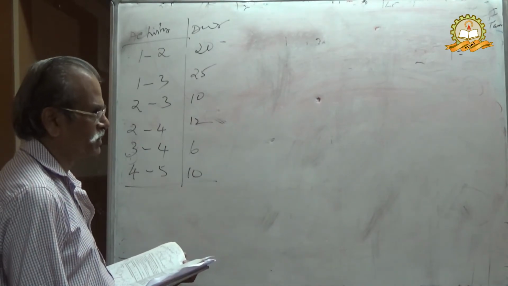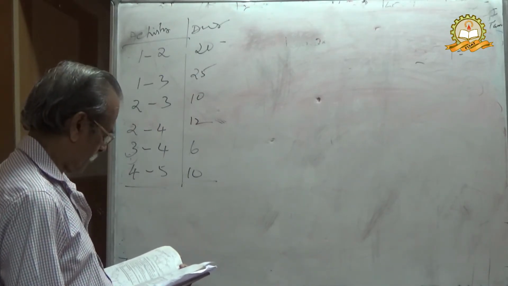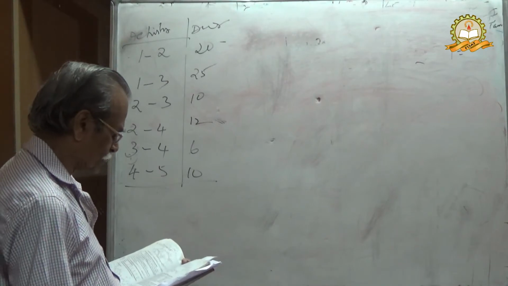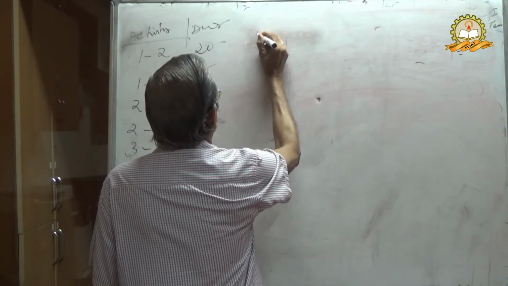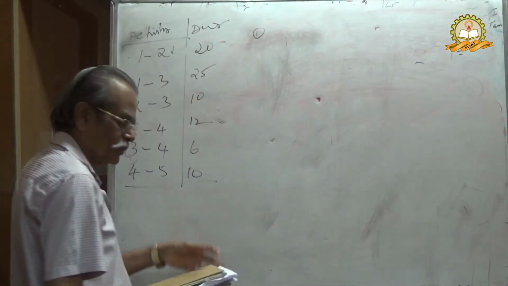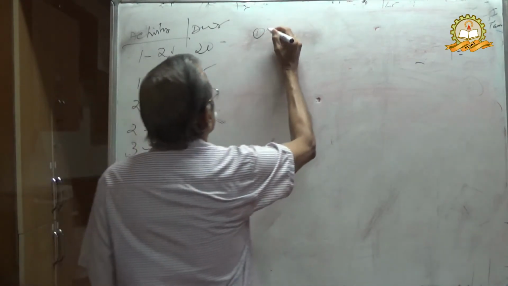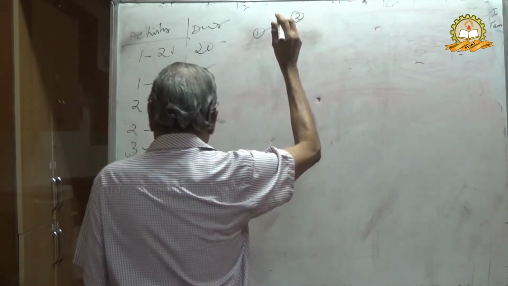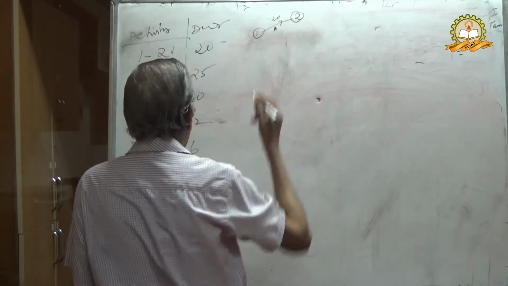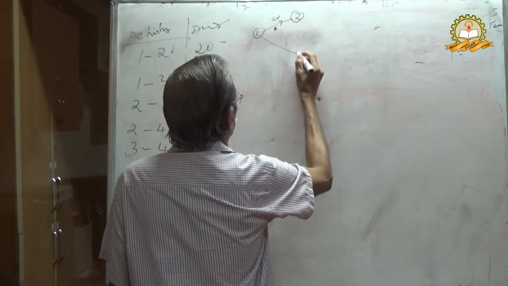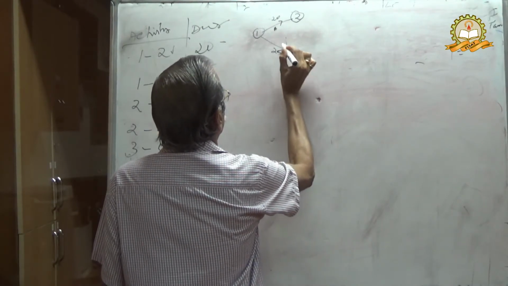Here you can have the solution. Here you have 6 activities. Therefore, the network diagram will be as follows. You can see activity 1 to 2, so the starting point is 1. 1 to 2, 20, activity A. Then 1 to 3, again starting point 1, 25, activity B.